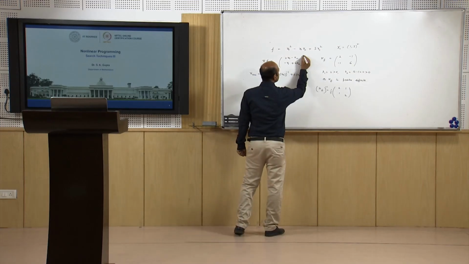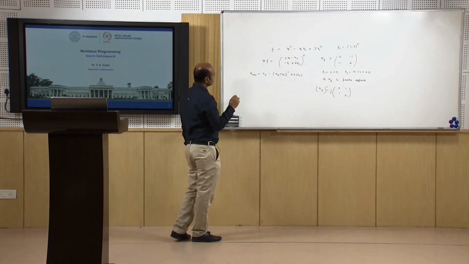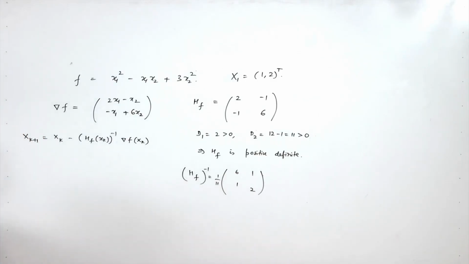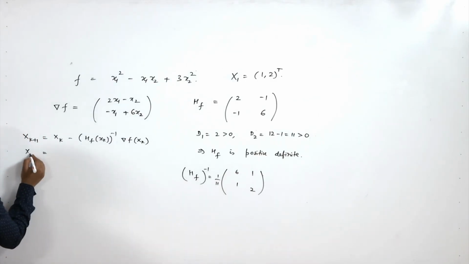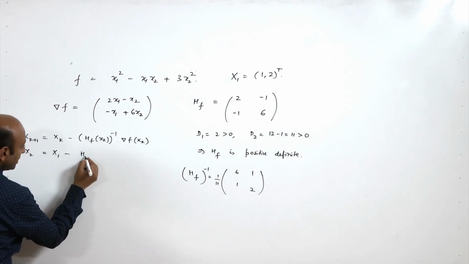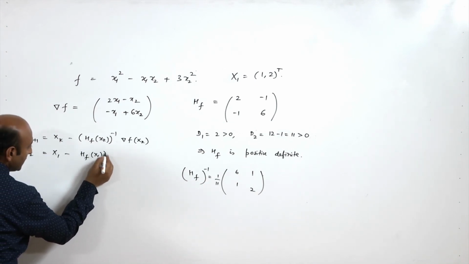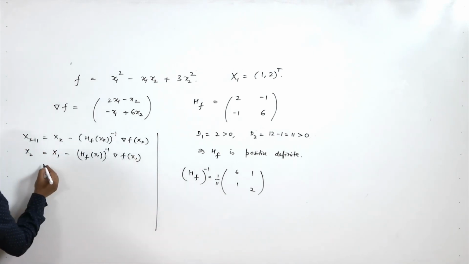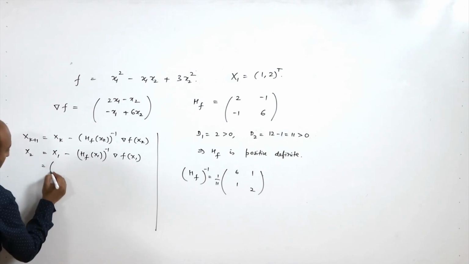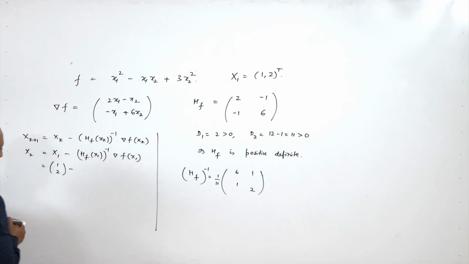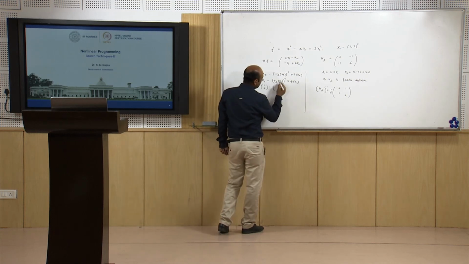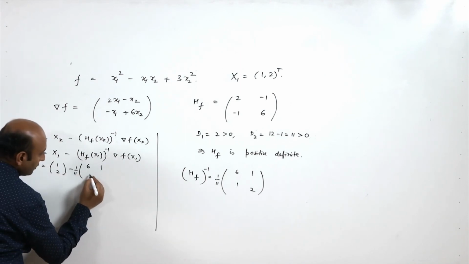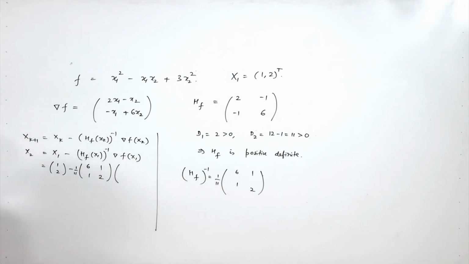Take the transpose of this. Okay, it is okay. You need a column vector here. So, when you take x2, it is x1 minus the inverse of the Hessian matrix of f at x1 times the gradient of f at x1. Now, it is equal to x1, the first initial guess, (1, 2), minus. Now, the inverse of the Hessian matrix is 1 upon 11 times the matrix (6, 1; 1, 2), and the gradient of f at x1 is